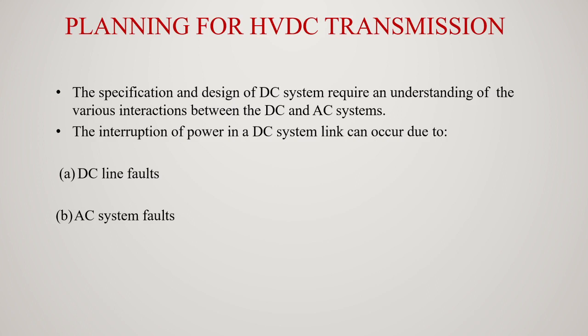Recovery of a DC link from AC system faults is more complex, and the depression of AC voltage at the inverter bus can lead to commutation failure and loss of DC power. DC power will be ramped up on the clearing of the fault. Too fast an increase in DC power output can lead to reduction of AC voltage and failure of commutation. So the optimum rate of increase in DC power can be determined from a stability study. This will be influenced by control strategy and system characteristics.